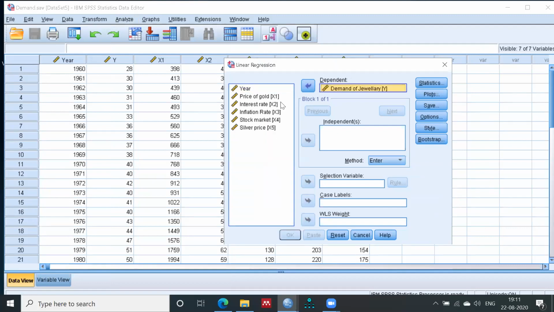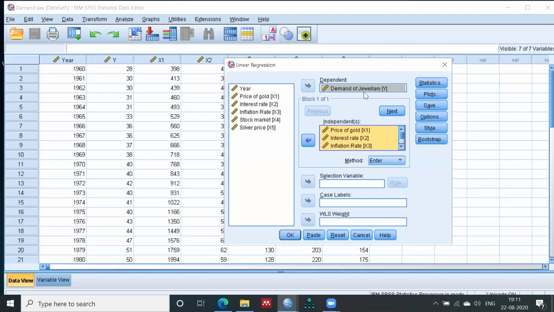And all the 5 other variables are independent variables, so I will select all those variables for independent. Now if you remember the steps, the first point was to save the predicted value of y.